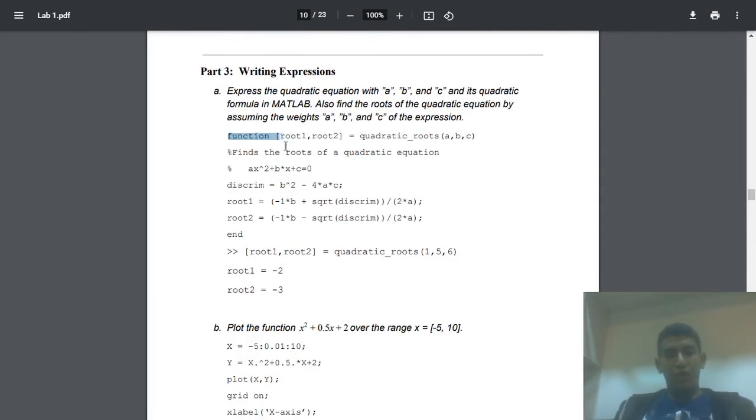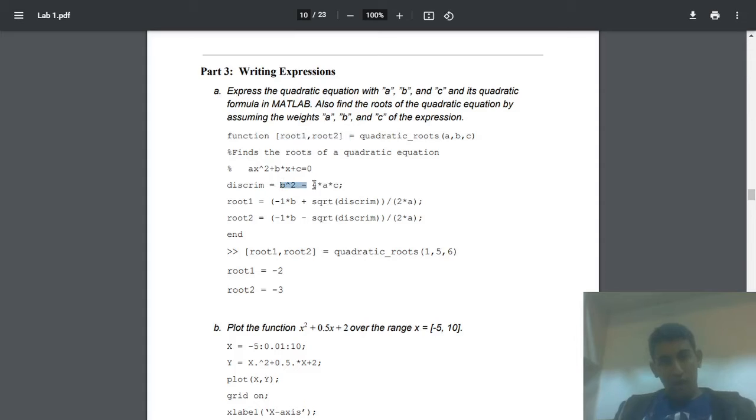Here I've created a function called quadratic roots, which takes a, b, c, which represents the coefficients of ax² + bx + c = 0, and I am outputting the two roots of this equation.